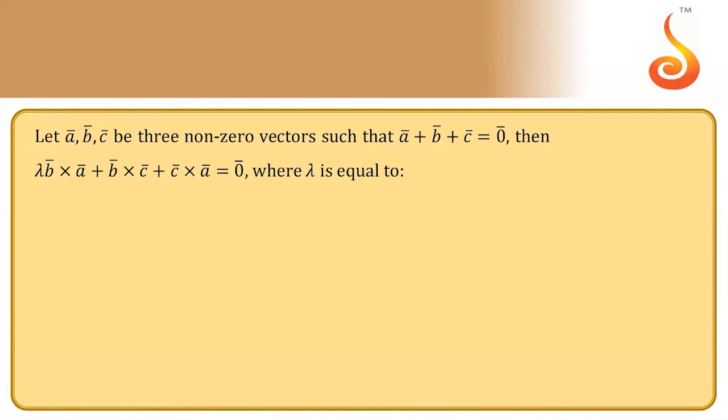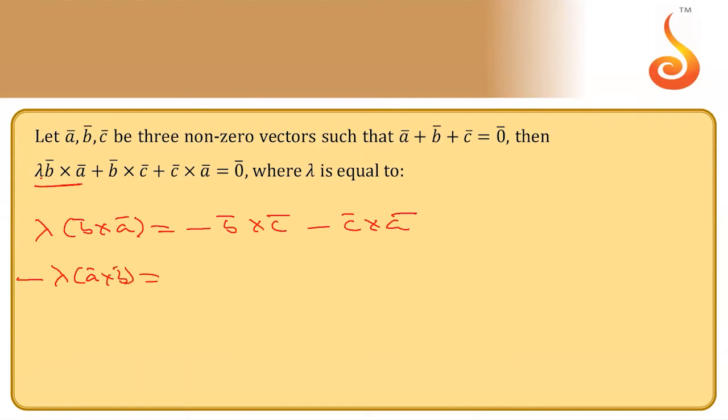So here lambda times B cross A equals, bringing to that side, B bar cross C bar minus C bar cross A bar. The left side has B cross A, which you can write as lambda times A cross B. Now from the question we can eliminate C bar. Wait, Jawahar, do it slowly. So minus B bar cross C bar, take the value of C from the question, minus A bar minus B bar, and minus A bar minus B bar cross A bar. Now we can solve it. What do you get as the answer?